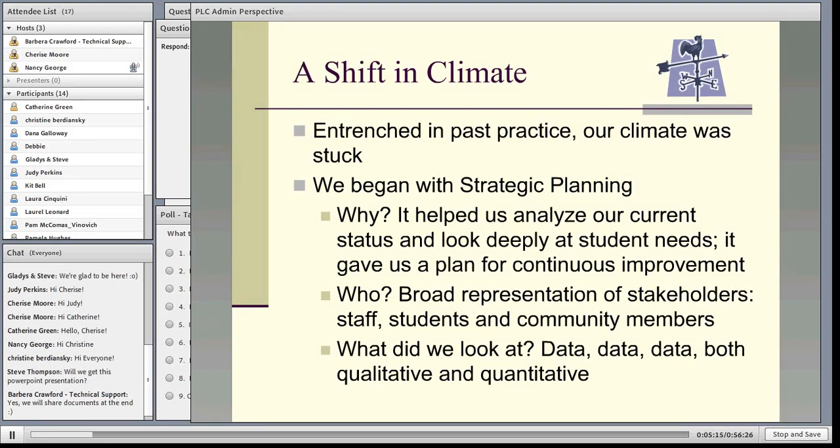And some of the patterns that you might recognize that told us that were things like our various program areas were isolated. You could hear a lot of talk among the programs about your program does this or that, or my program does this or that, and none of them were really referred to as our programs. Our program managers were making decisions that were really done in isolation without a lot of peer, student, or teacher input.